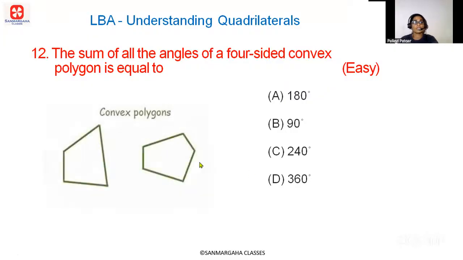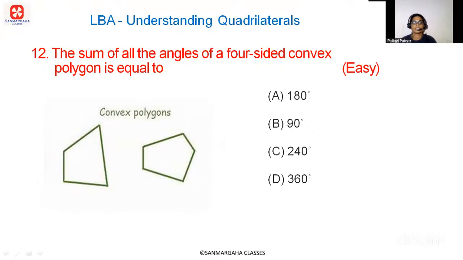So here a four-sided polygon is what we call a quadrilateral. To find the sum of its interior angles, you can use the general formula for any n-sided polygon,